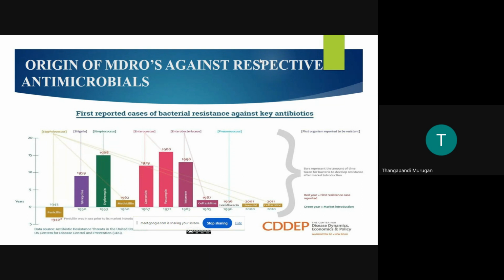It is quite fast because in every species present in the world, the main priority is survival. So in order to survive, bacteria have developed resistance to ensure their survival in the world. The same goes for every organism, even humans and other species. So it is a normal process, but when it increases, what will happen?